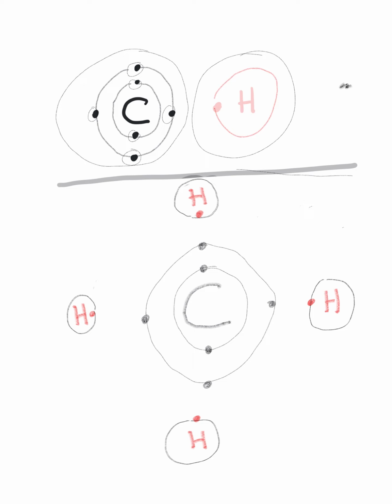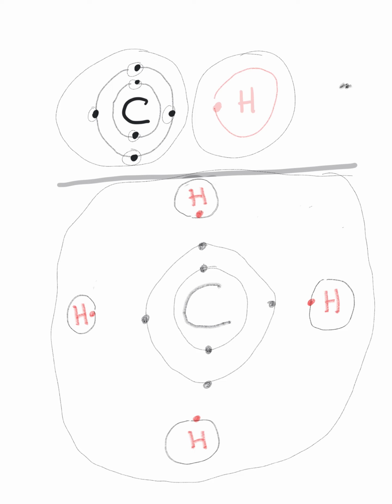Down here on the bottom, I've drawn 4 hydrogens and 1 carbon. Each of the hydrogens again has 1 valence electron, and the carbon has 2 inner shell electrons and 4 valence electrons. Hydrogen is one of the exceptions to the octet rule, so it only wants 2 valence electrons to have a full shell. Carbon, on the other hand, wants to have 8 valence electrons. The electronegativity is not a lot different between the carbon and hydrogens, so they're going to share valence